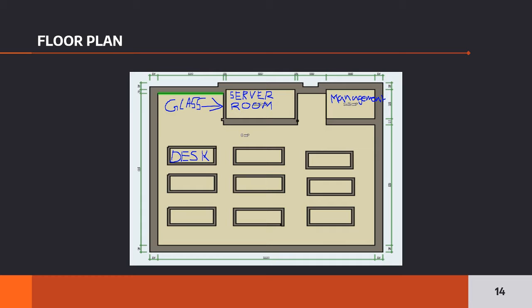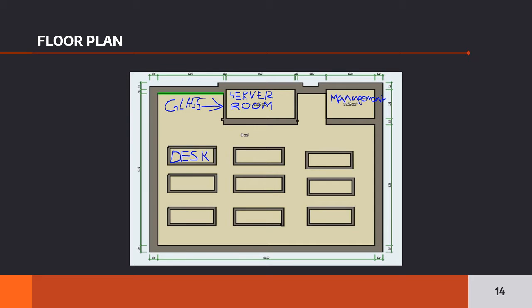And as of now, the door to the server room is currently open, and in my case, I do not want that. I want it to be closed and locked, and only authorized personnel and IT personnel can enter the server room. So this is to manage and prevent the amount of people that go in. So this is to prevent any unauthorized users or visitors from going in and potentially stealing any of the company's